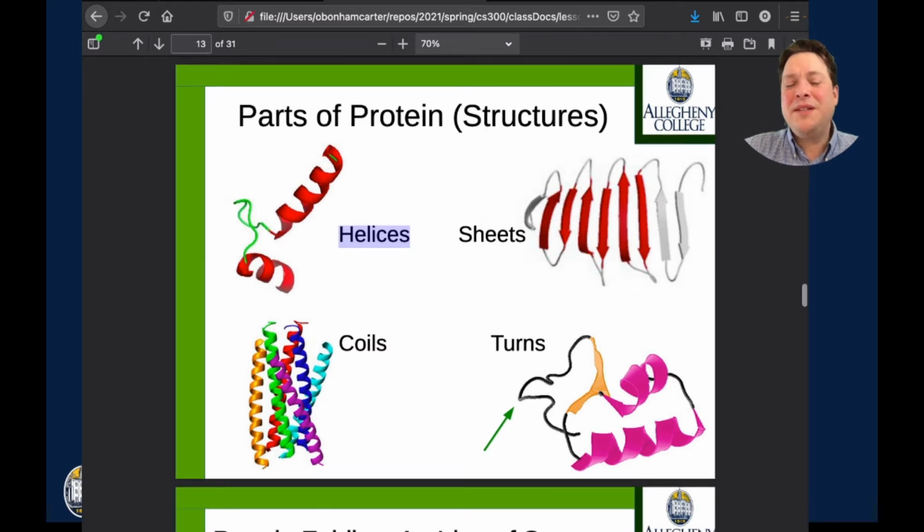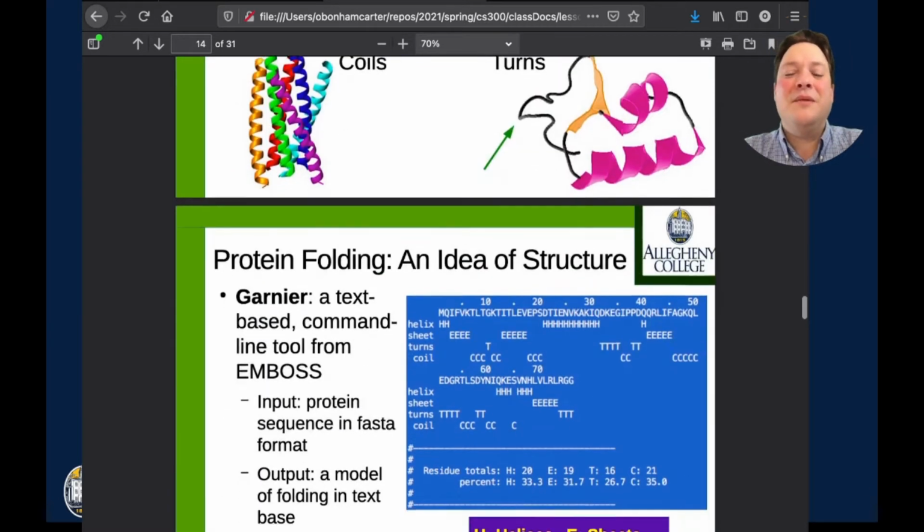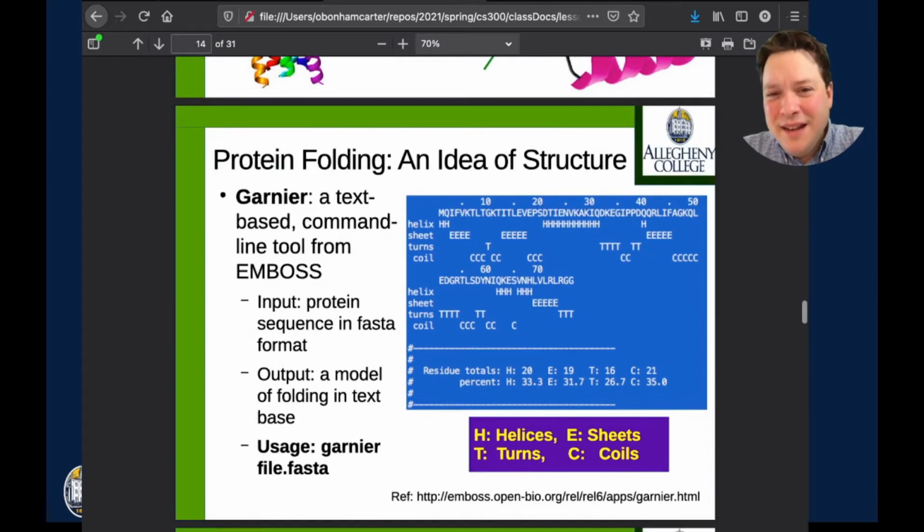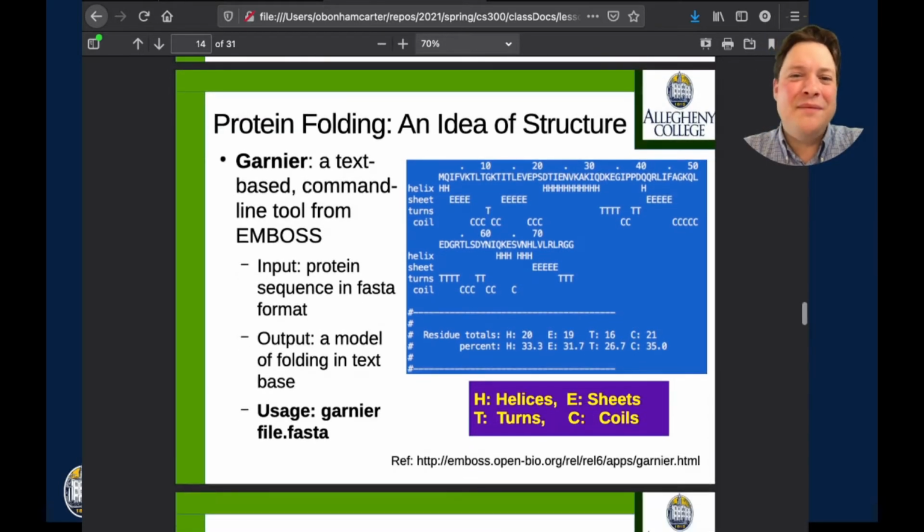And so the big question that we're asking is, okay, I get it. I see how there's this stuff in protein, but how do I actually find out where this stuff is? I mean, if I have a piece of protein, how can I find out what it looks like in some three-dimensional sense? And so one of the tools that we looked at first was this thing called Garnier,